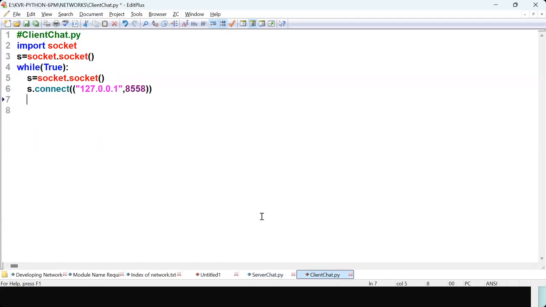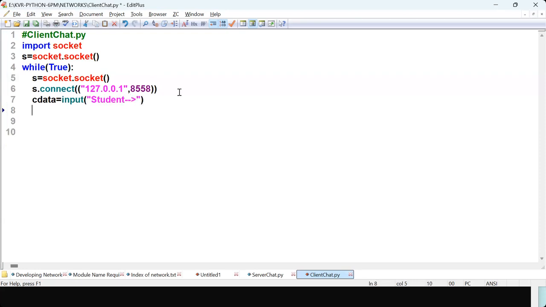Now here s dot connect. Are you getting me? Next, what should I do? c data, client data is equal to input of, at your side, what are you? Student. Okay, done. This you will send to me. How do you send? s dot send. What is that now? c data dot